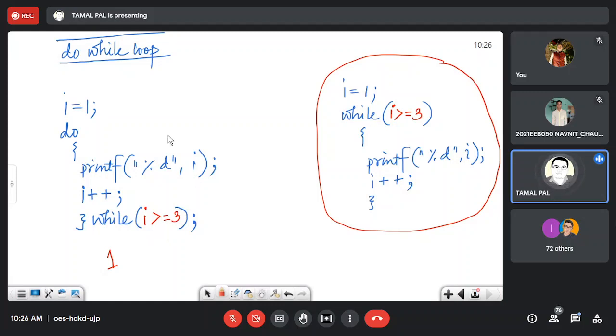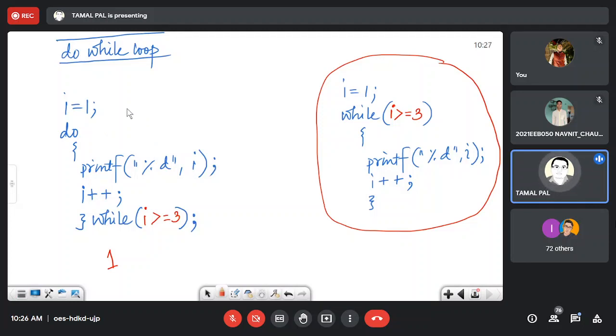But the do while loop, I think you can find the difference between these. Even if the condition is false, it cannot stop the execution for the first time.